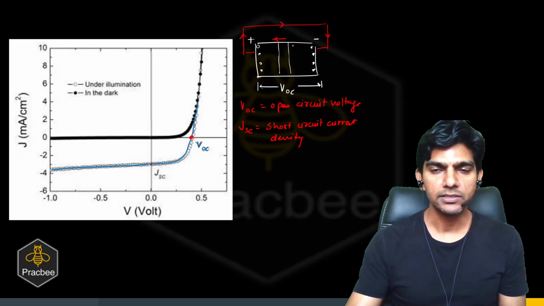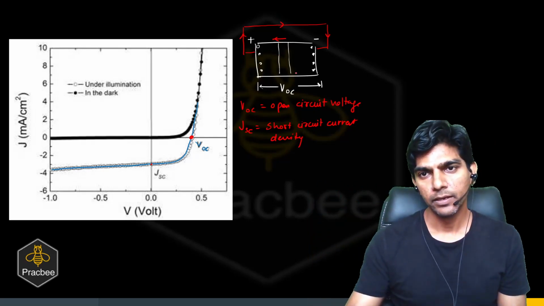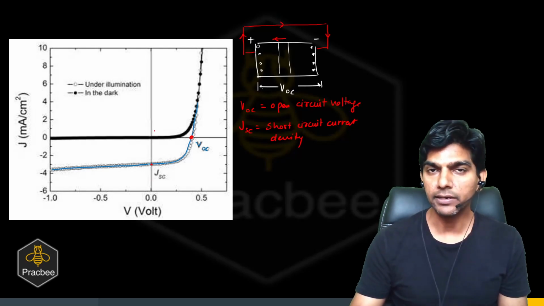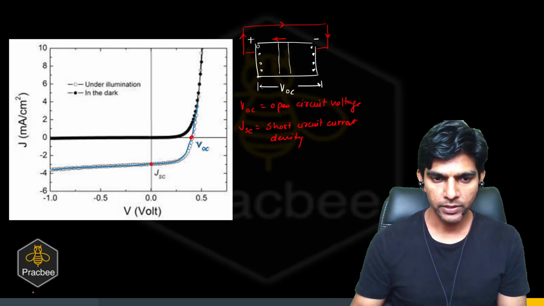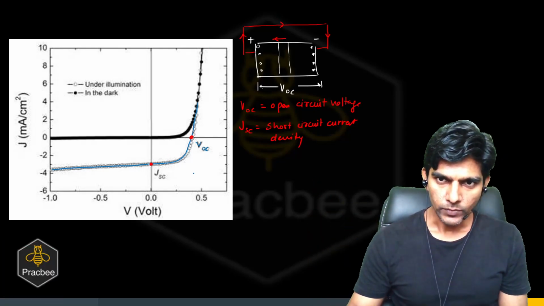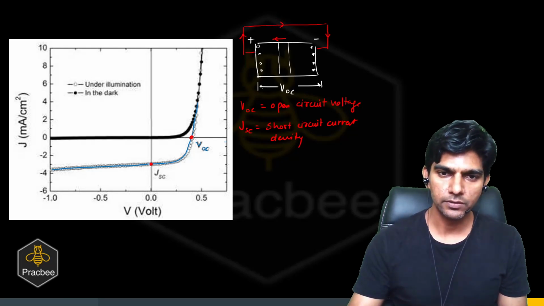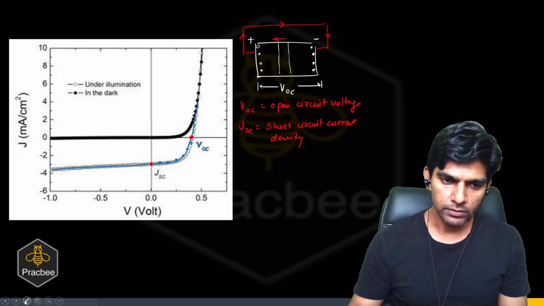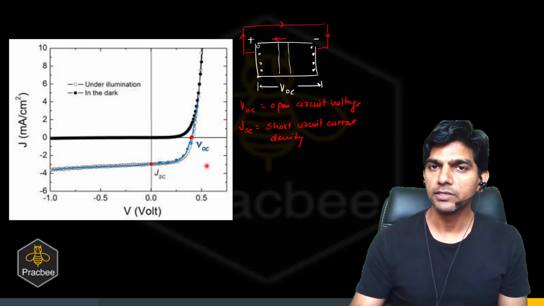And since this current is in the direction just like the reverse biasing current, that's why this current is on the negative y-axis, because it is in the direction of the reverse biased current. Now, obviously, if I add some resistance externally, what would happen? Obviously, the current will reduce. So that's why we'll get a graph like this. So basically, that much portion is more important, right, as far as a solar cell is concerned.